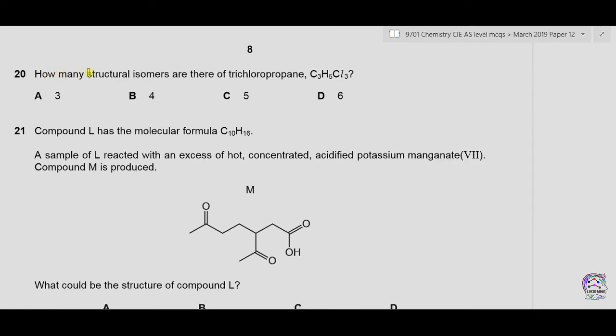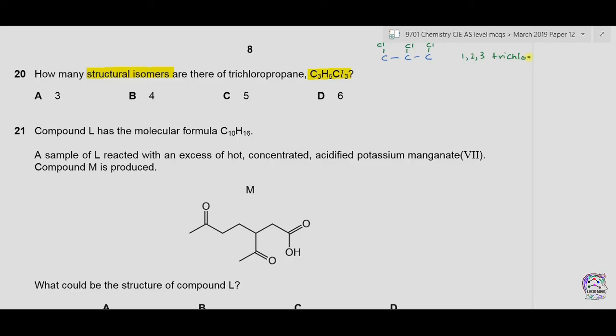Question number 20. How many structural isomers are there of trichloropropane? We have C3H5Cl3. Let's draw the possible structural isomers. We have 3 carbon atoms, 1, 2, 3, and 3 chlorine atoms. Now the chlorine atoms can attach in different ways. It could be like this. It makes 1, 2, 3